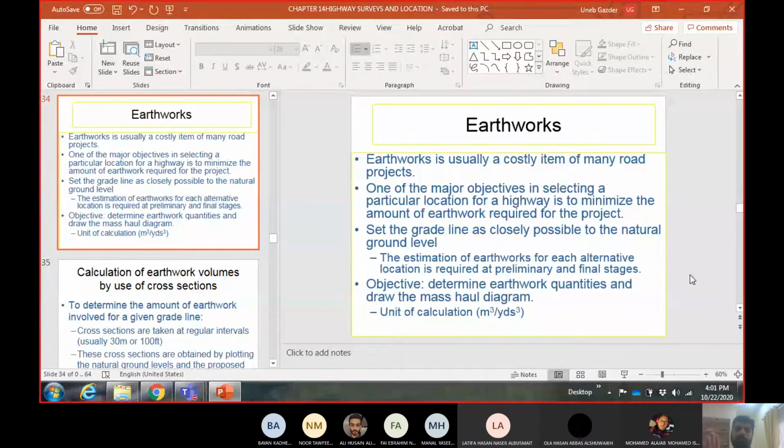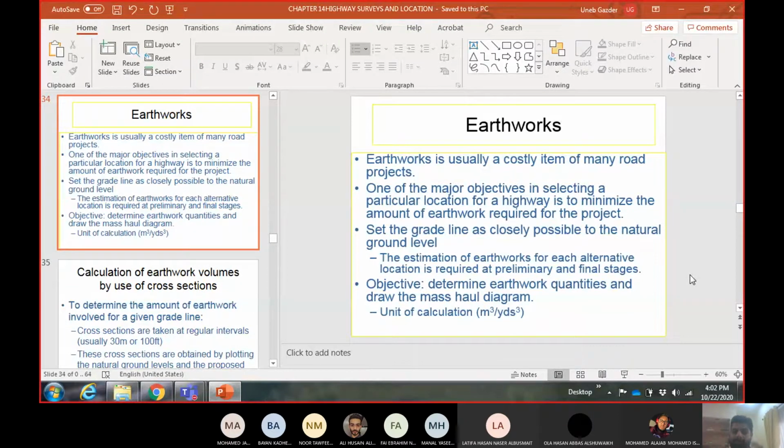And then from then onwards we moved to earthworks. Now I define the earthwork as the work required to bring the ground level equal to the proposed road level. And I told you this is the major part of the cost of highway construction. If this part is done, that means the road is now ready for the movement of vehicles. And then the other items which are remaining in the construction are auxiliary or secondary.